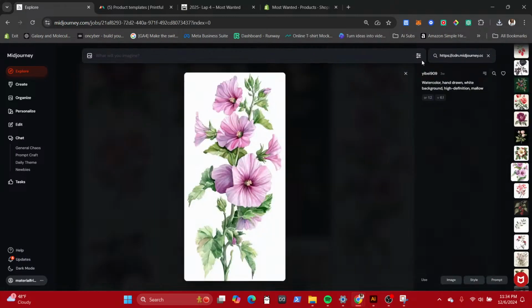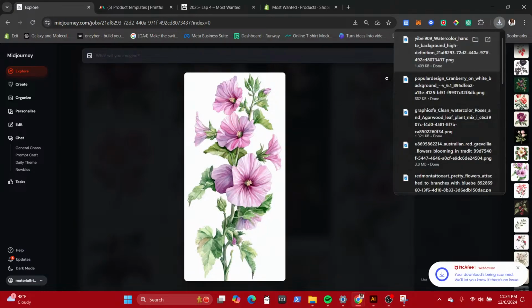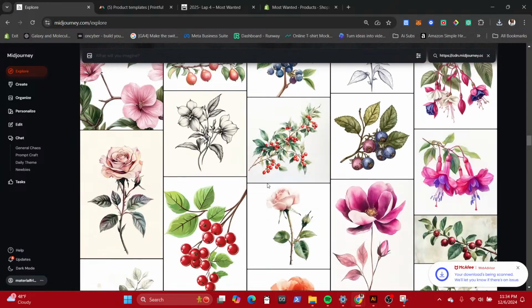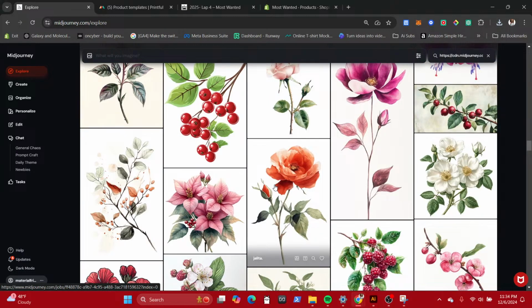Let's do this. I'm still gonna break these down into individual pieces, because there are different patterns on here.